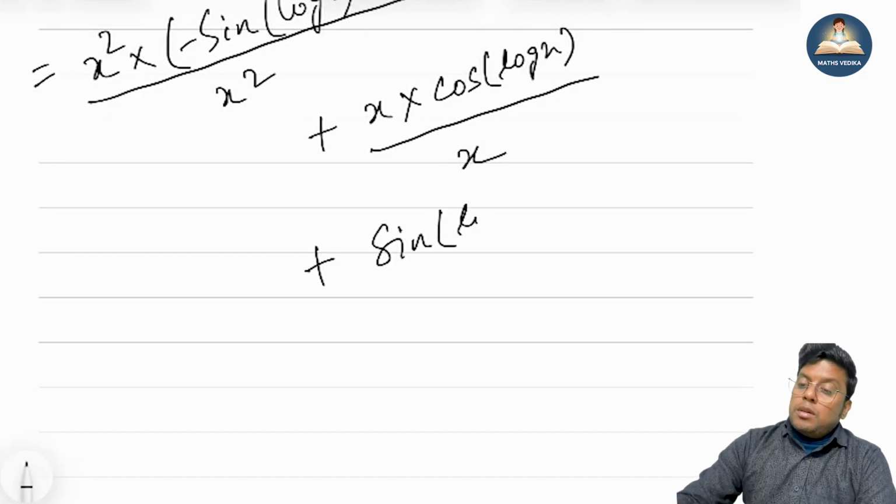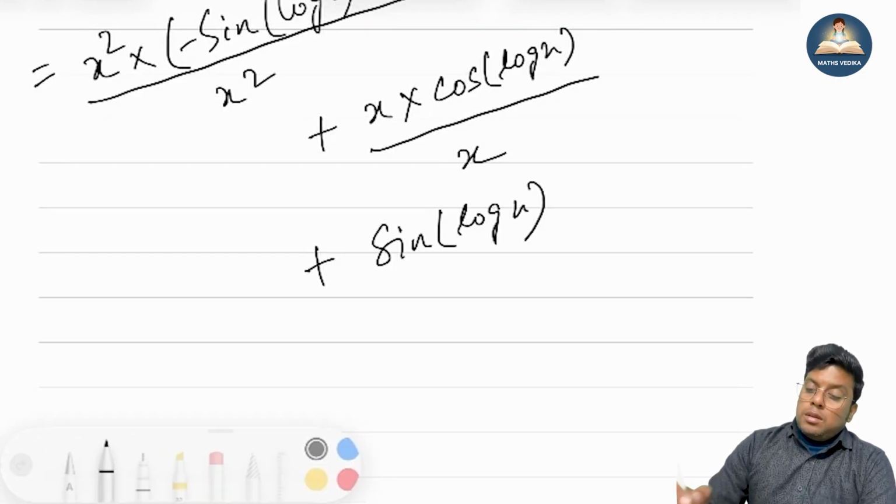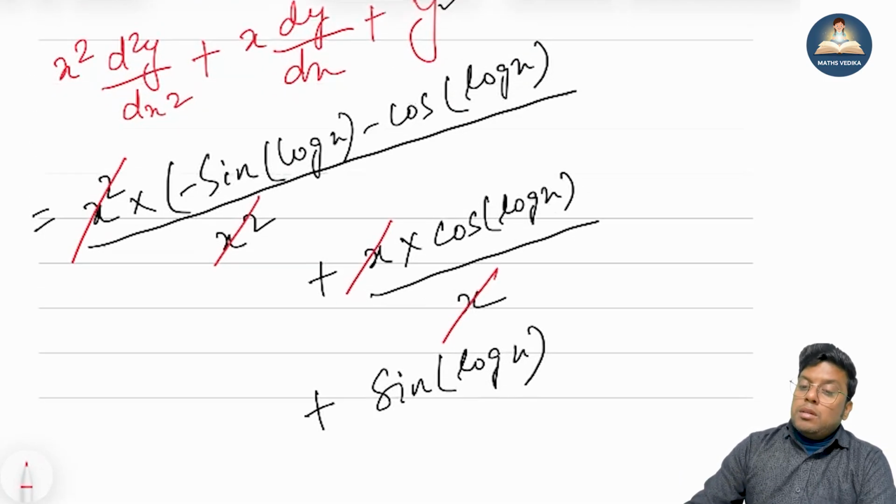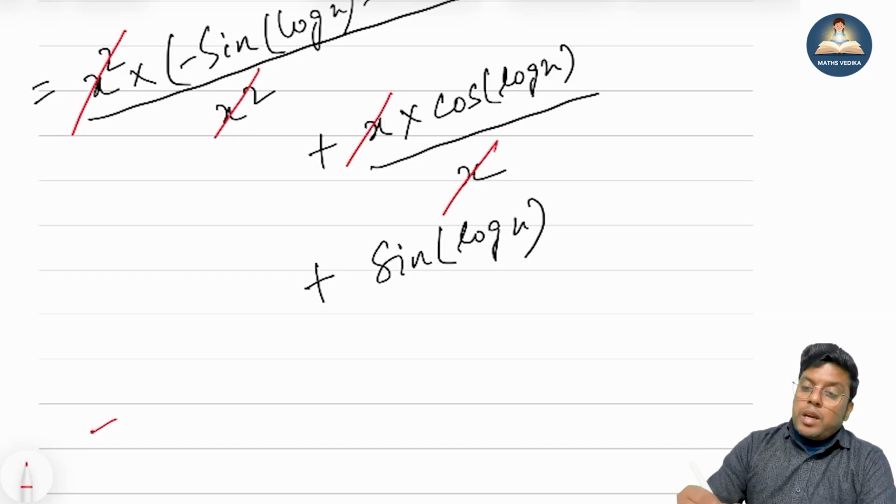Here x square will be cancelled out and x will be cancelled out, so we'll have minus sine log x